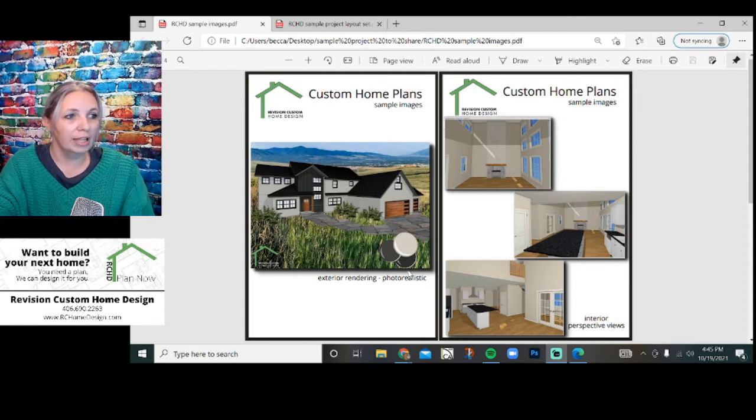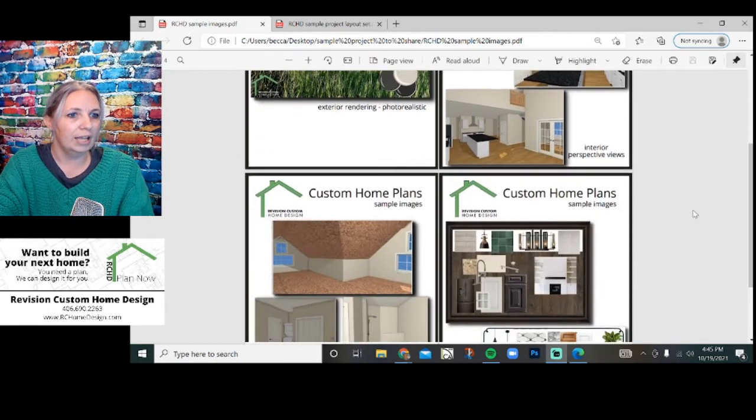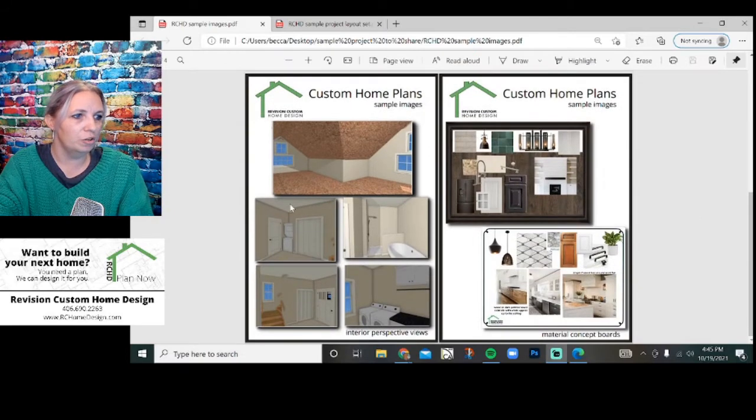Then this image on the left is actually what I have from Chief Architect, and then I copied into Photoshop and really dress it up to create this really cool, nearly photorealistic image to really show you what some of the different material choices could be. We were looking at a paint palette here, and we wanted to see what it would look like in the environment. And then the second page here, again, we have a few more of those 3D interior views, especially places